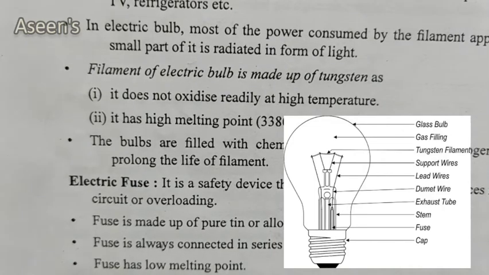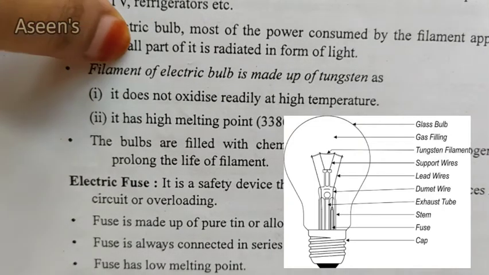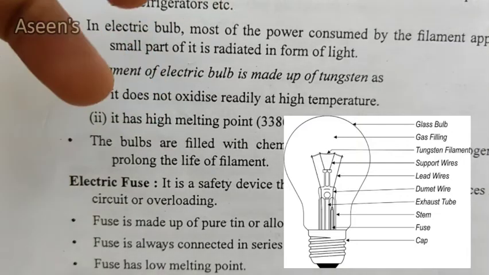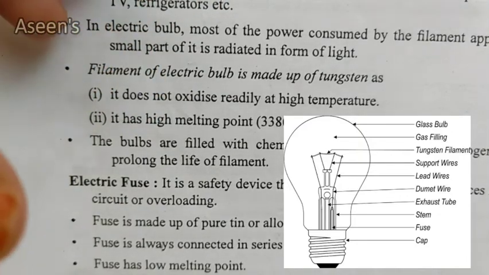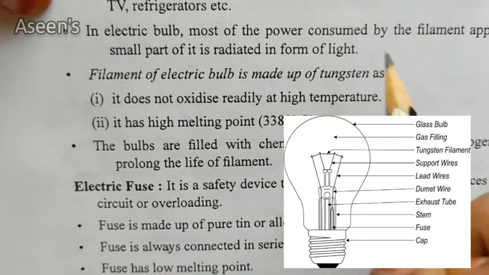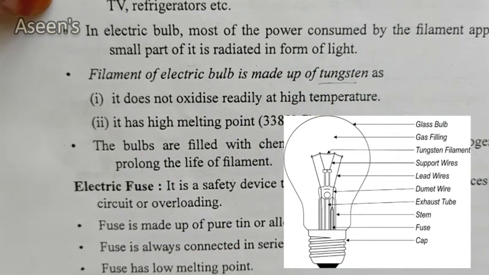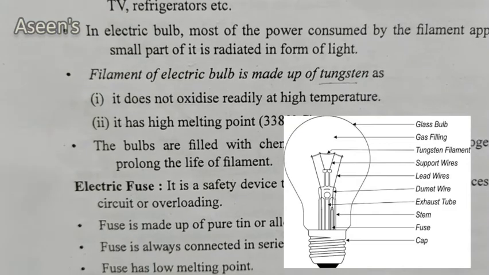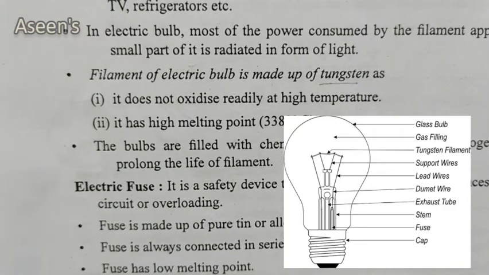Other than this, this heating effect is also used for lighting, like for example any kind of light. But we are going to deal with the tungsten one, the filament bulb first. Okay, this is the main part we are going to study. This was designed first under this category.